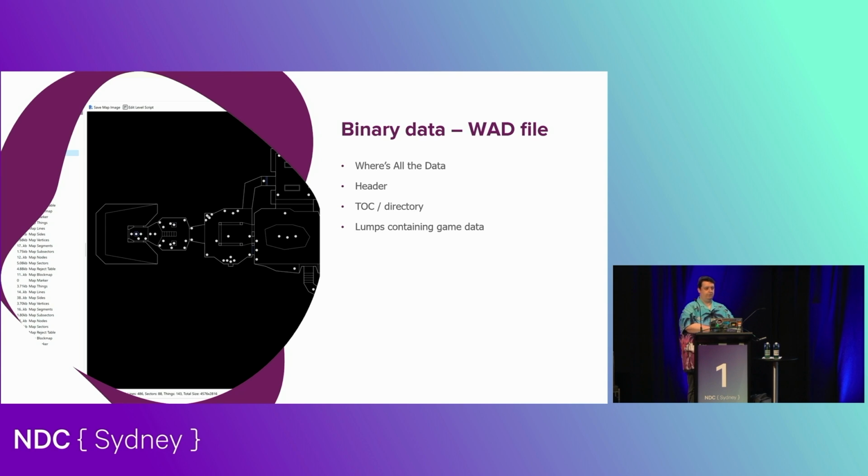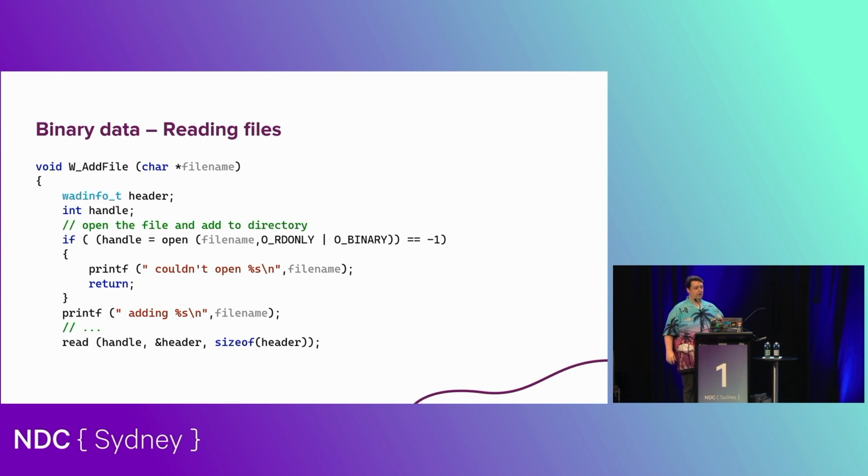And it contains, well, like any old typical file format, a file header indicating what the file is for. And then it contains a table of contents to say, if you want to locate a certain chunk of data that you need, this is where you're going to find that. And then it also, of course, contains all of the file lumps containing the game data. And whenever it starts the game, it calls a function W for all of the WAD functions, .add file. And it's going to,